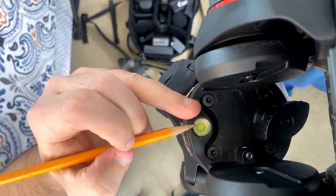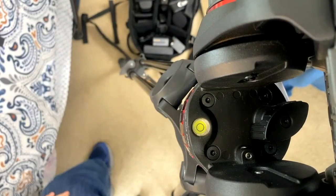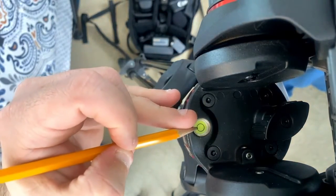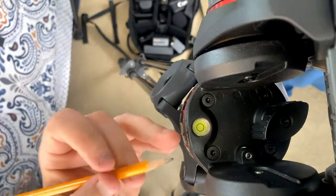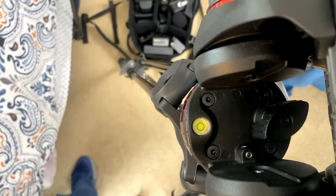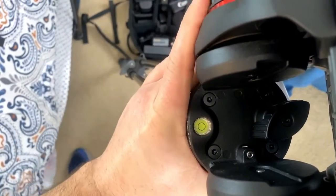Now what this is doing is it's providing a level reference for our video head. And if this level is set to be level, the camera will be in alignment with the level, and the camera will be level and parallel with the surface of the earth, not with the height of the legs, which might be somewhat off. So the way that we do that is by gripping the video head around the collar